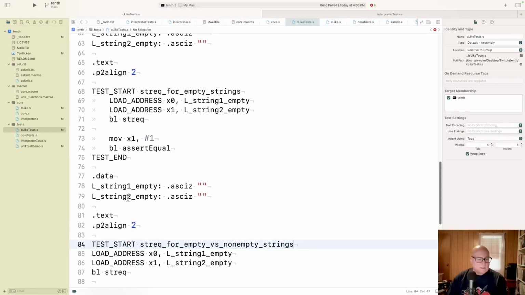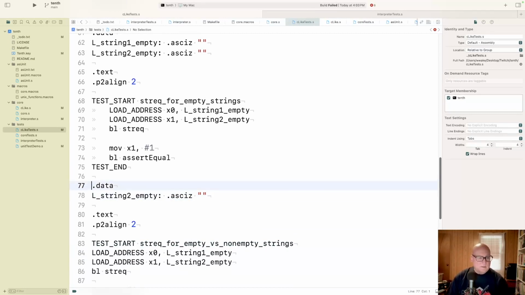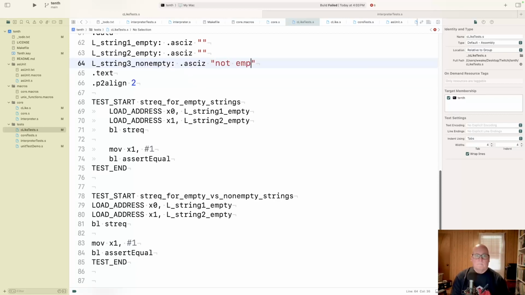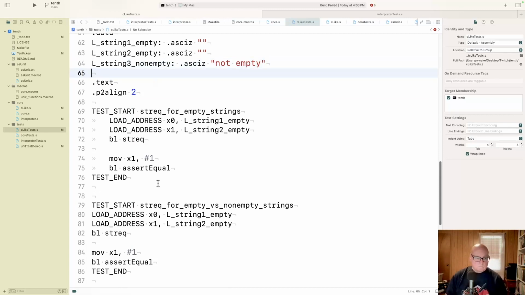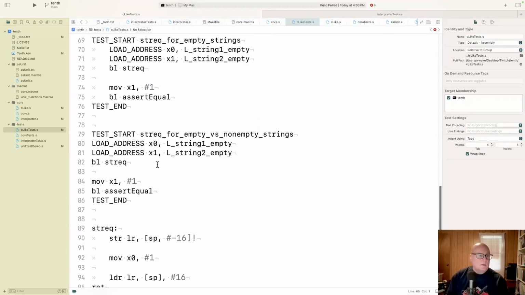And we'll take, well, I guess we could put that data all up in there. Okay, so